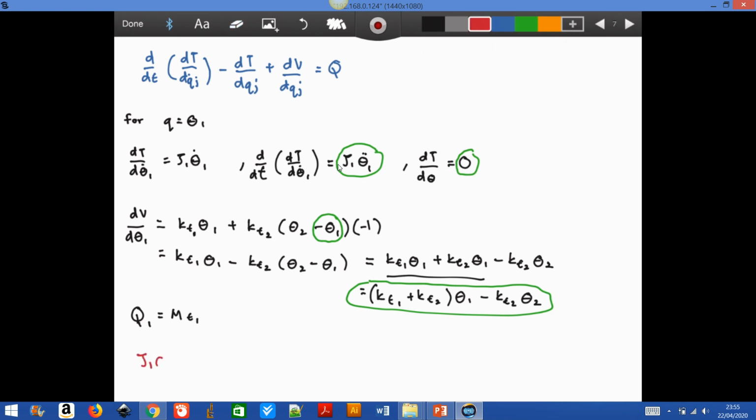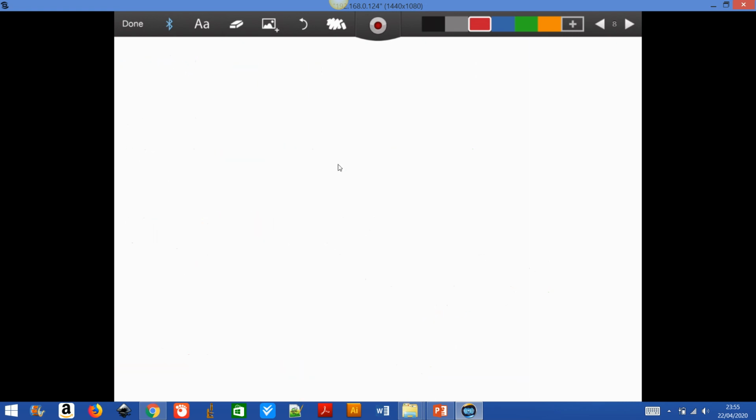J1 theta double dot 1 minus 0, maybe you don't need to do that minus 0 straight away, plus (kt1 plus kt2) theta 1 minus kt2 theta 2 equals to Mt1. Alright, this is for q equal to theta 1. So we've got the remaining two more. So for q equal to theta 2,